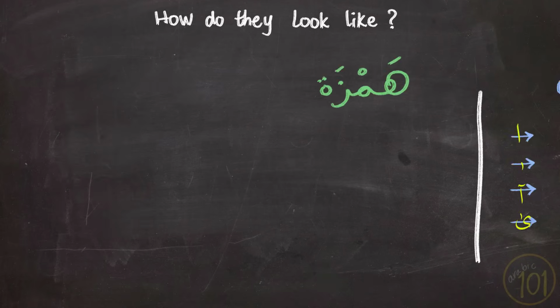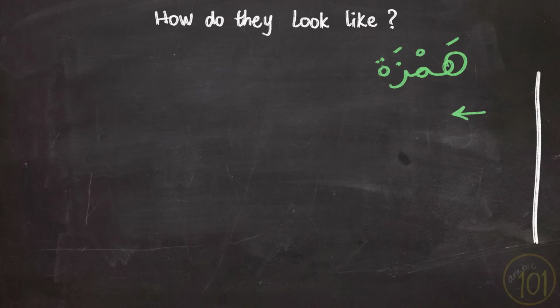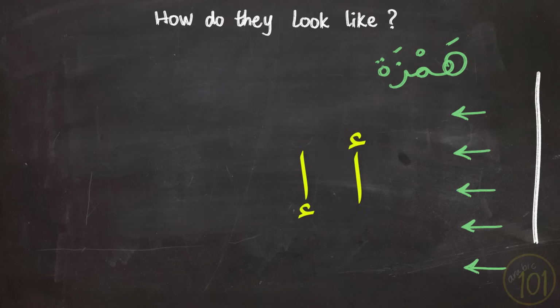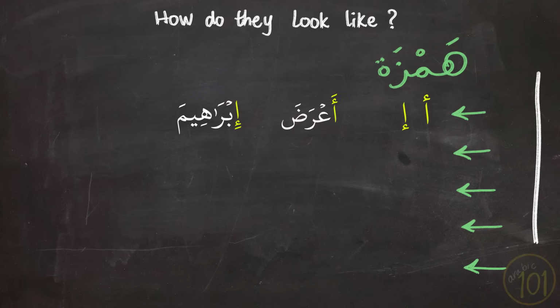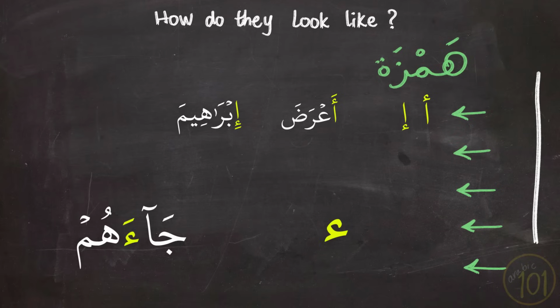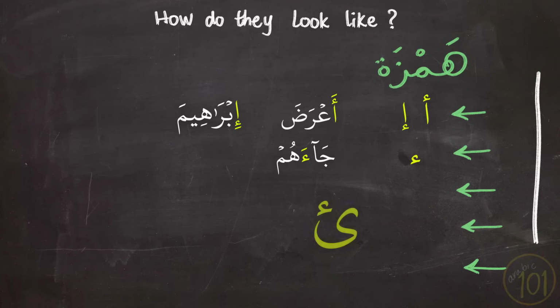And as for the Hamza, it has 5 variations. First and most common is the Hamza when it comes on top or under the Alif, as in the word a'rad or Ibrahim. Second, when the Hamza comes completely alone, like in the word ja'ahum. Third, when it comes on top of a ya, which we call in Arabic Hamza ala ya, as in the word